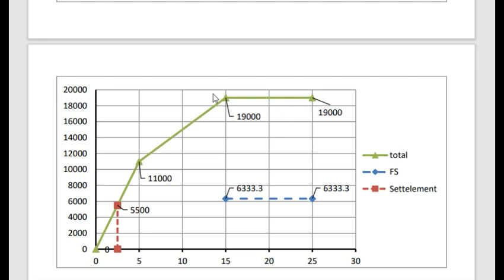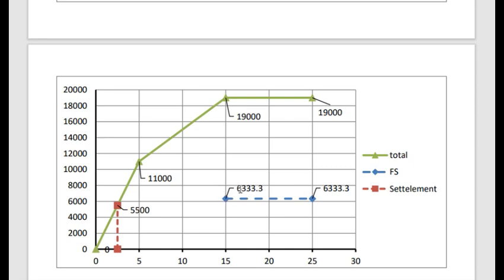So I will divide this value by a factor of safety to get this dotted line. It means that this dotted line is the allowable load of the pipe. So this is the first check that we usually do. The second check, what is it? The value of the settlement. Suppose you go with this load, cut this curve in a point,